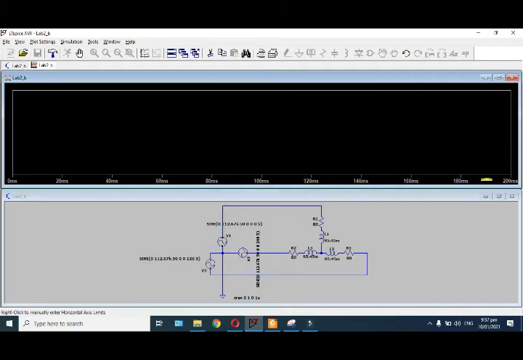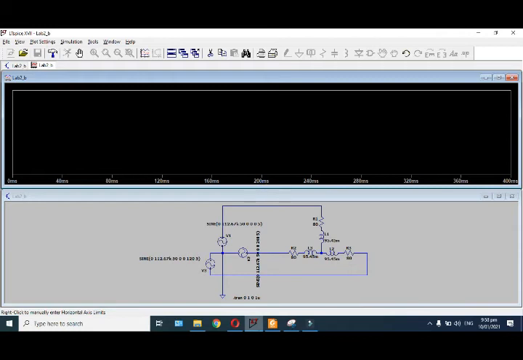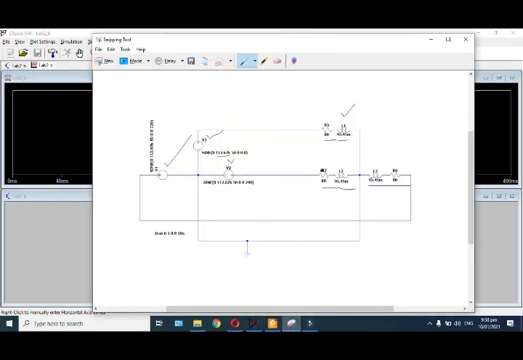Let's wait for the simulation to complete. If you click on a component... these are the three loads.